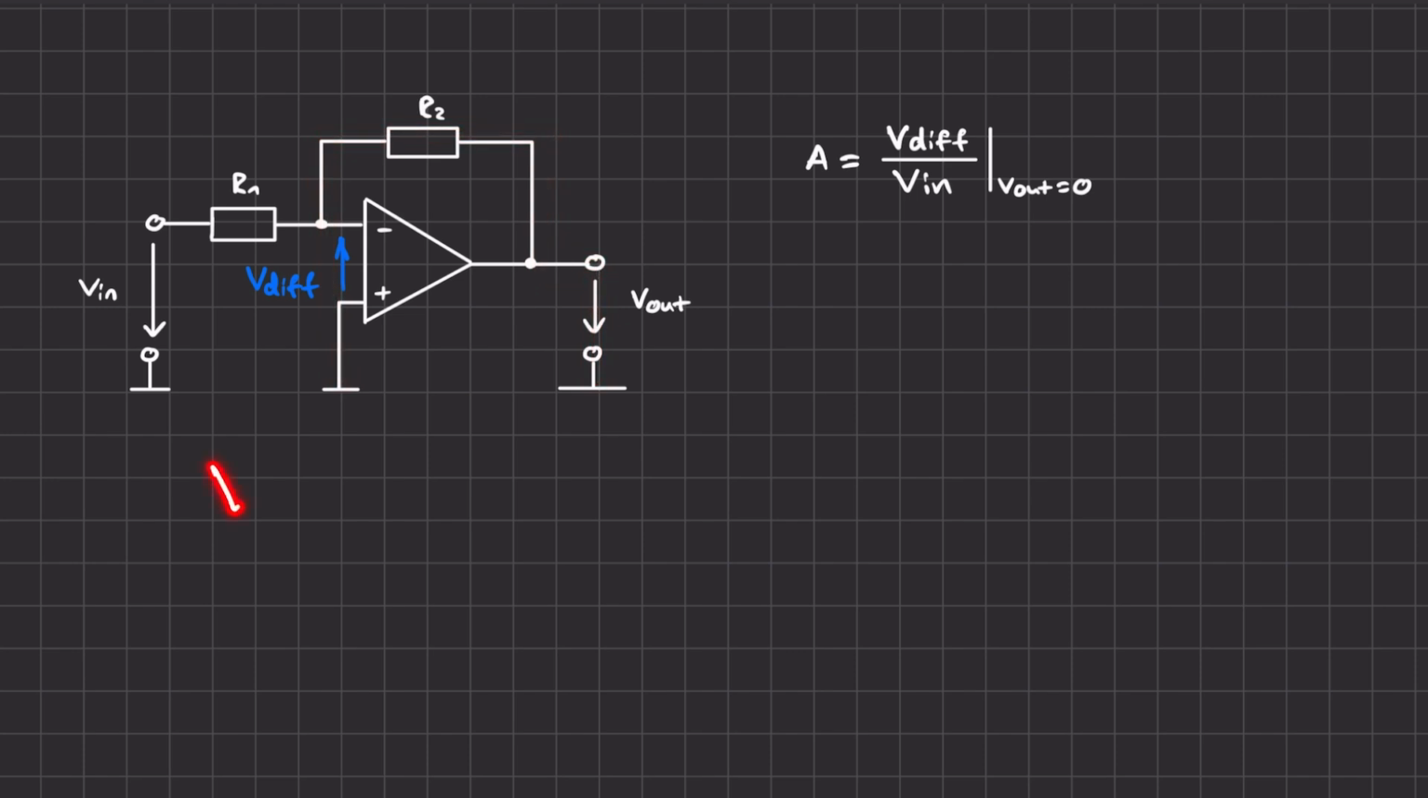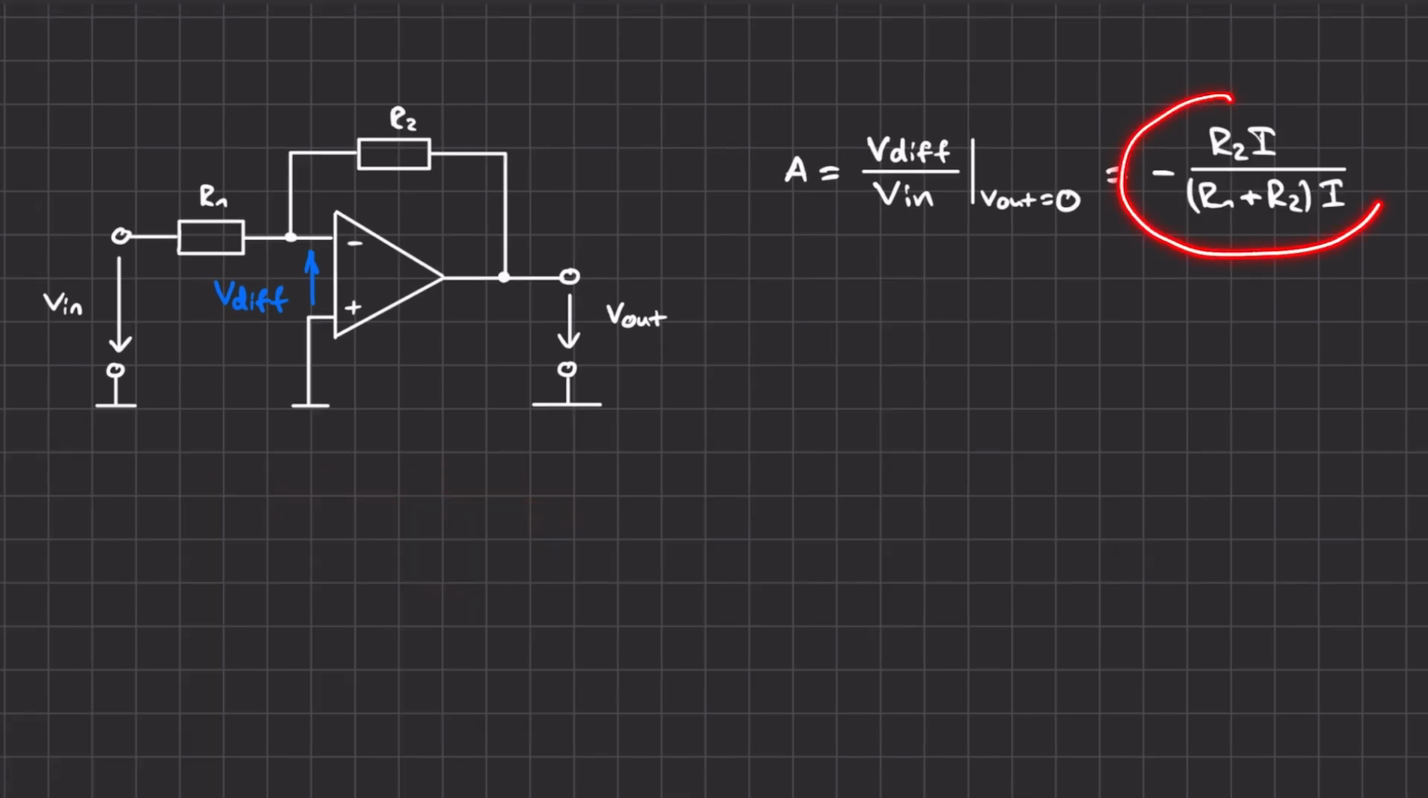So what we get is that the differential voltage is minus the voltage over the resistor 2. So if we write it down, we get this ratio, and the current just cancels out because it's the same. If we calculate the feedback factor, which is the differential voltage divided by the output voltage when the input voltage